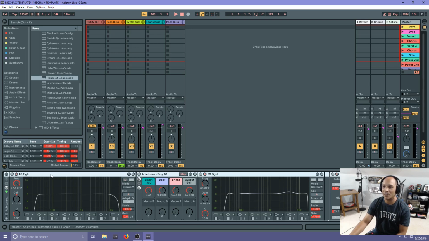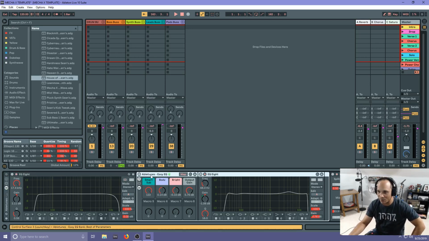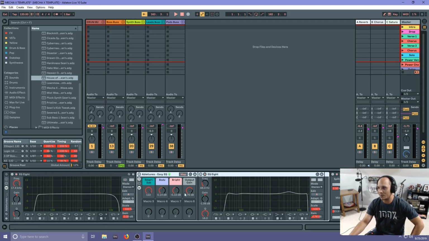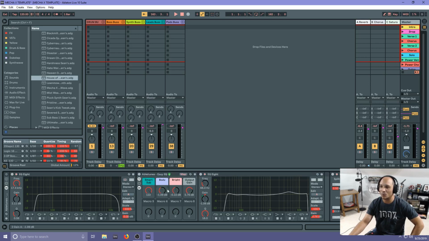This one essentially will help to sculpt what we've got going, and then you can get a little more in depth with Ableton's EQ Eight. So this is mapped out to help get some of the real meat and potatoes of everything dialed in, and it's something that really helped out when it came to mastering my own stuff, because without it, I